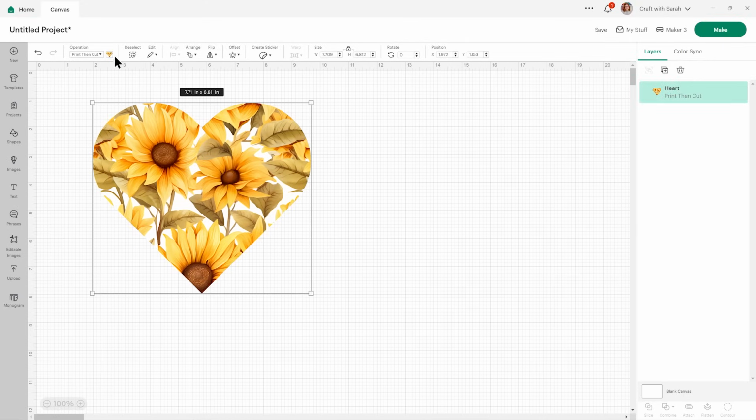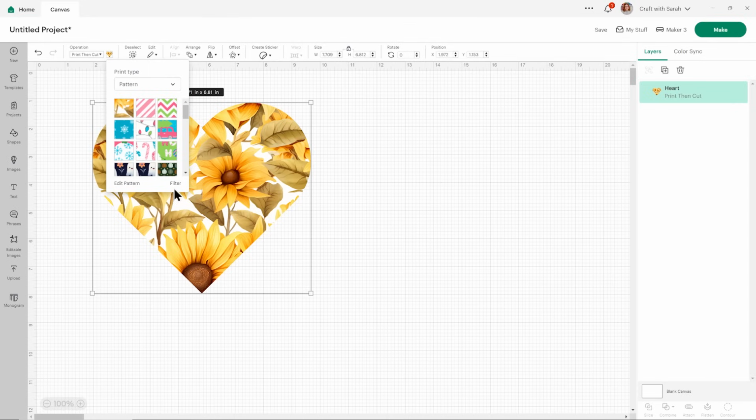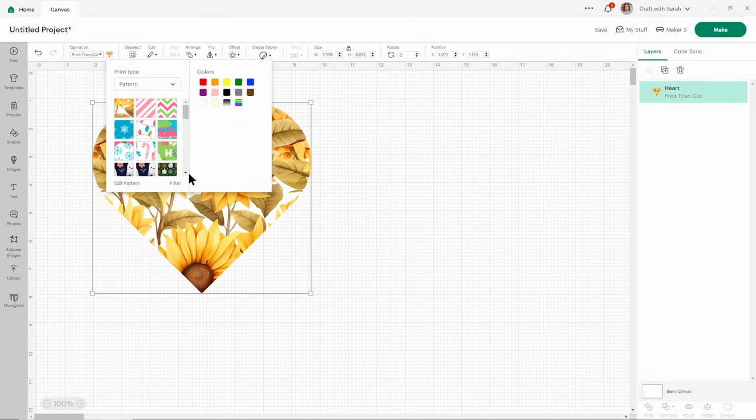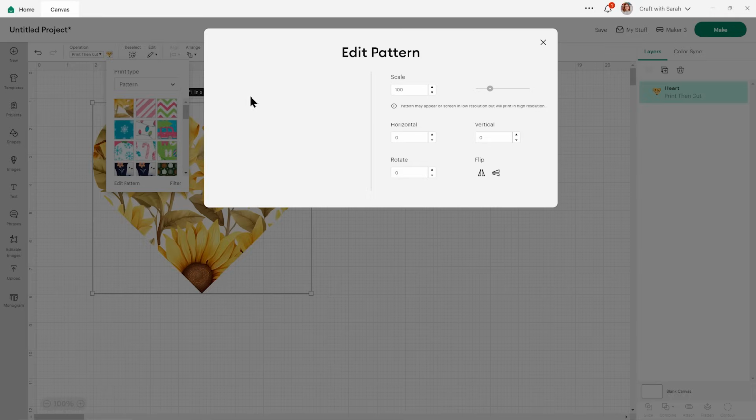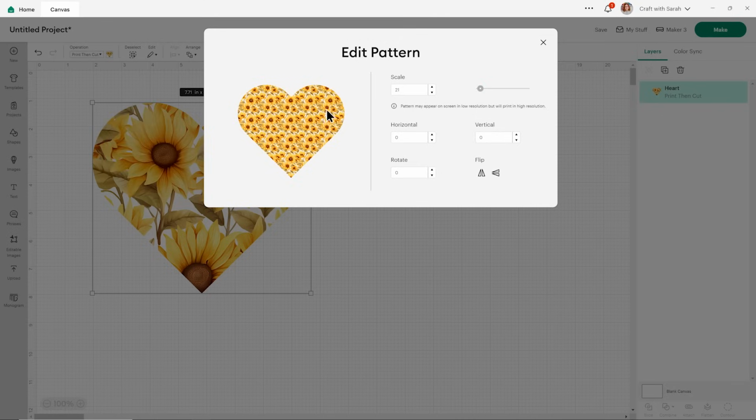You can change how it looks by going back into it and pressing the filter to help you search, or you can edit the pattern to change what we're looking at. The scale is kind of like the zoom, so you can drag that up to make it bigger, or go smaller to fill it with more. And this is why you needed the seamless patterns or repeating patterns for this, because it means no matter how small you get it, it will tile it beautifully, so you won't see any lines where the image is being repeated. You can also change how the pattern looks by flipping it, rotating it, or changing its appearance.